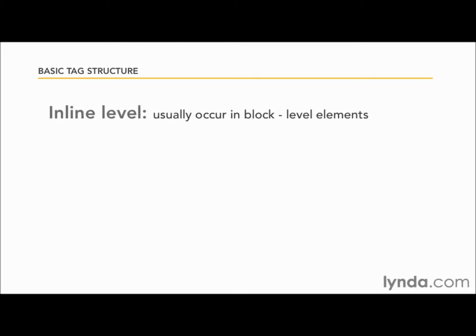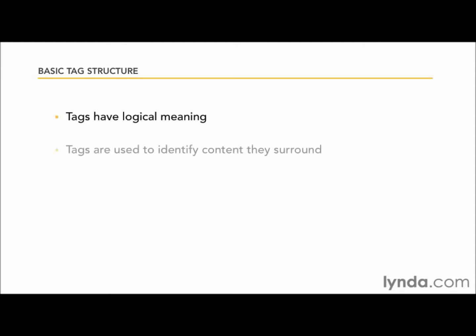Inline level elements usually occur within a block level element and are often used to identify content within that element. Common inline level elements include the strong tag, the emphasis tag, the image tag, and the span tag. So what do these tags do and why do we need them? Well, each of these tags have an inferred logical meaning, and they're used to identify the contents of the tag itself. The H1 tag represents a top-level heading, while text surrounded by an em tag represents text that is being